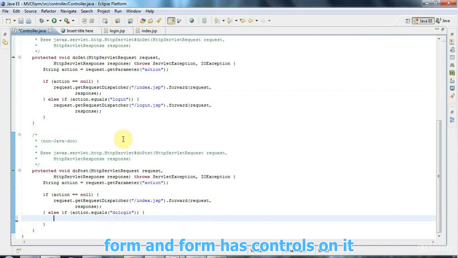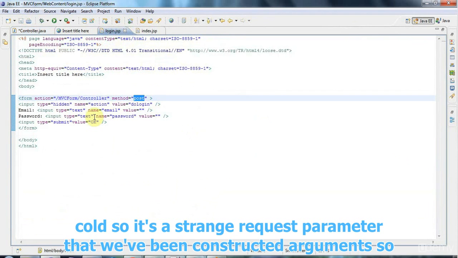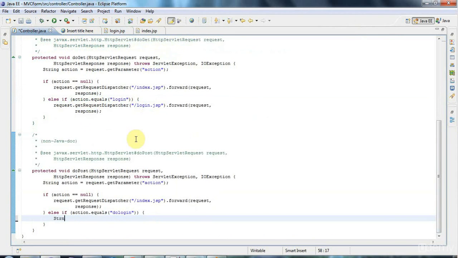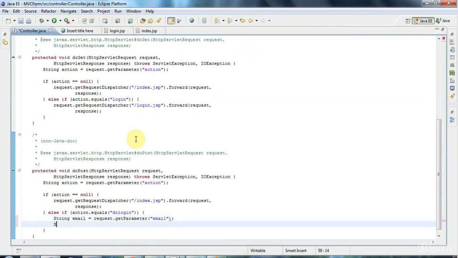So the form has controls on it that are called email and password. So I'm going to say string email equals request.getParameter email,